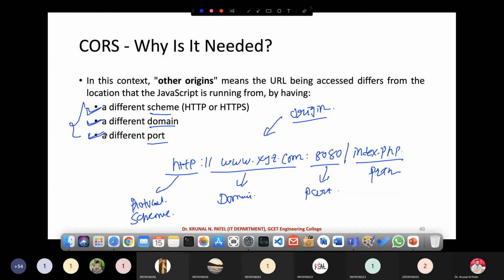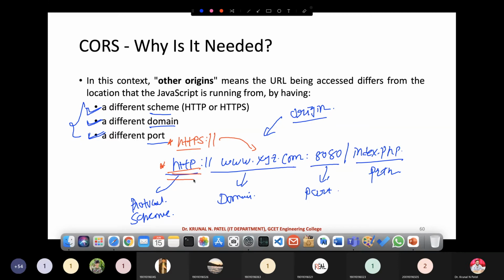Suppose for example, instead of HTTP, I access the same domain with https colon slash slash xyz.com and 8080. These origins are different. Why? Because their protocols, their schemes, are different.